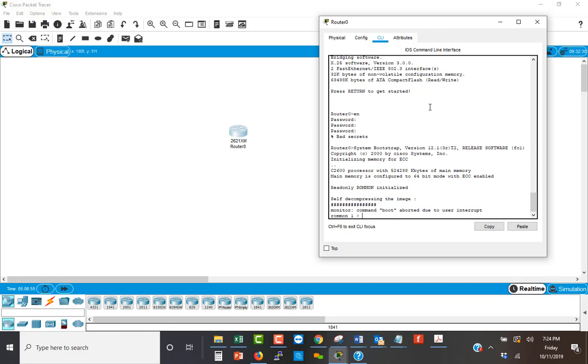Using this ROMMON, what we want to do is change what is called the configuration register. The register is a bunch of switches, 16 of which can be configured by the administrator. Currently the configuration register is set to 2102 in hex, and we are going to change it to 2142. To do that, I use a command config